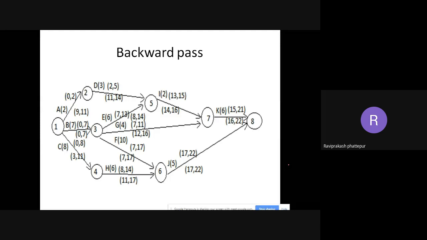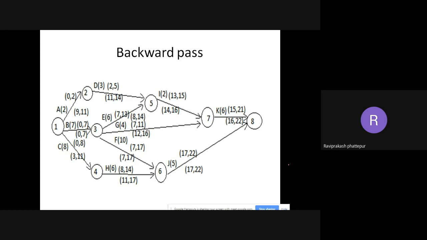But I hope you can make out which is the forward pass. As I told you to identify, the top of the arrow is always the forward pass. The bottom of the arrow is always the backward pass. And again, the duration and the activity numbering will be done on top of the arrow itself. If you are referring to any textbooks, some textbooks will give it in brackets like this. Some textbooks will draw boxes on top and at the bottom, and in the boxes they'll write the beginning and the ending numbers, like 2, 3, 5. So don't get confused.